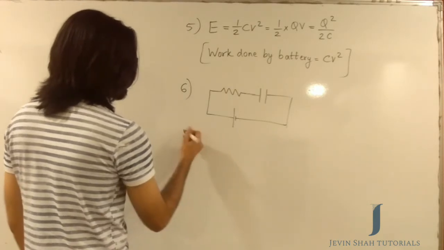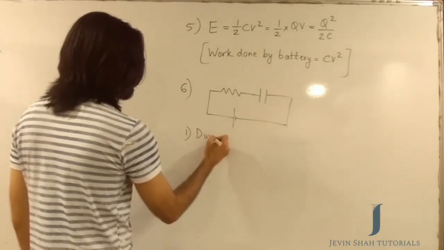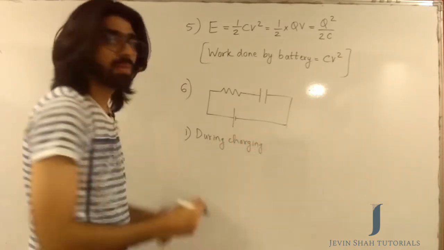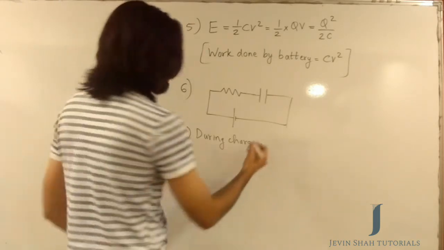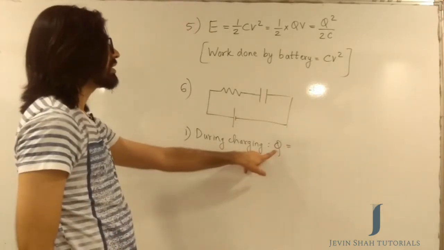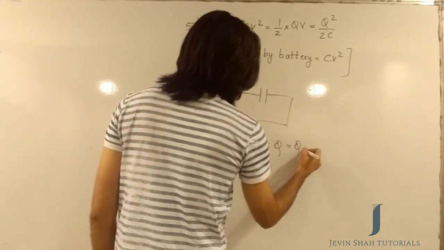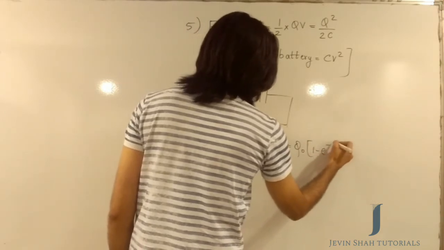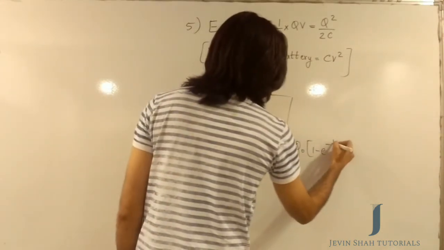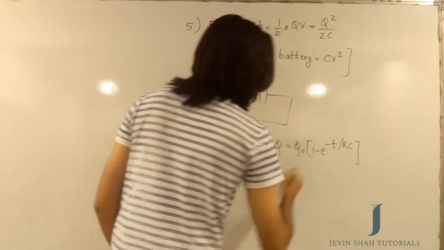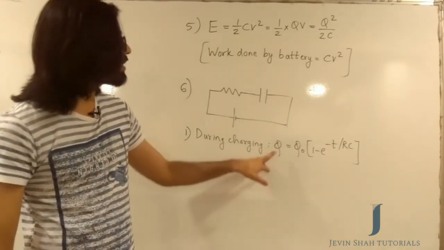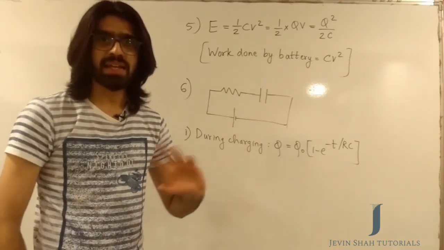During charging, so let's write the formula like this. During charging, the charge on your capacitor is increasing, and because the charge on your capacitor is increasing, the charge on your capacitor at any point of time will be Q, given by Q naught into 1 minus e power minus t upon RC. That's the formula which will get followed while the capacitor is getting charged. Like I said, Q is the charge on the capacitor at any time t.